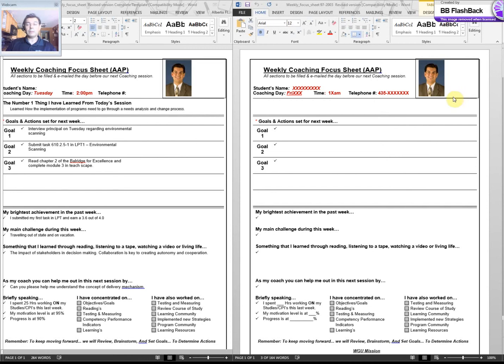But sometimes, once you get your webcam, we'll be able to connect through Adobe Room, and that way we'll be able to talk face to face. But again, if you wish to put your picture there, that'll be fine. As I mentioned, the only reason I'm going to use it is so that I can connect the face to the voice. So your goals, you want to make sure that they're very specific,